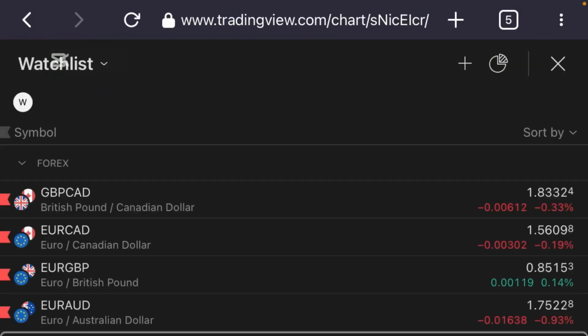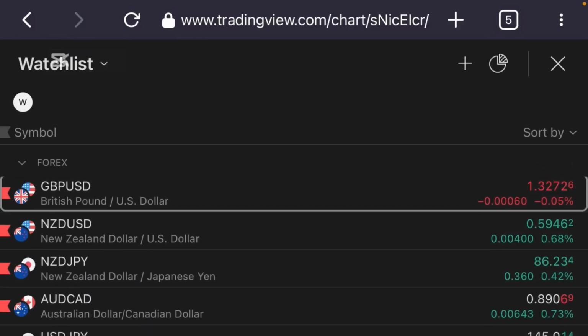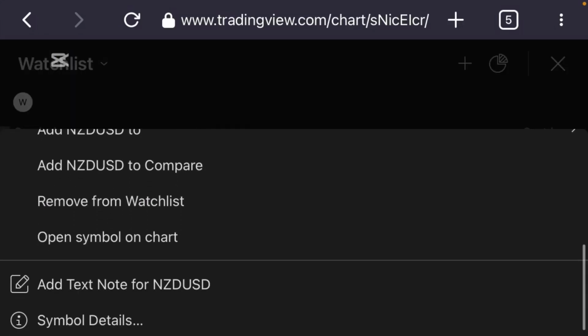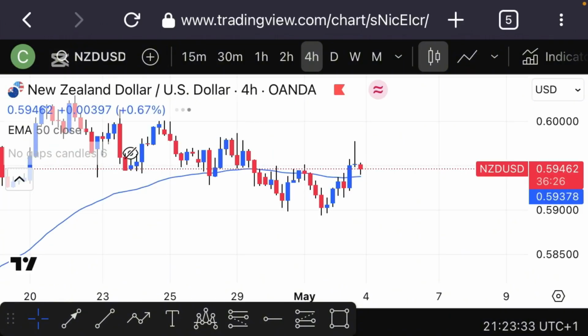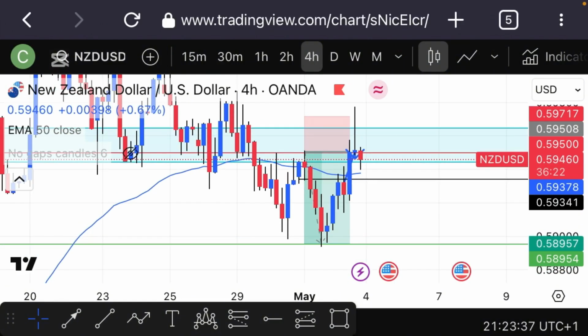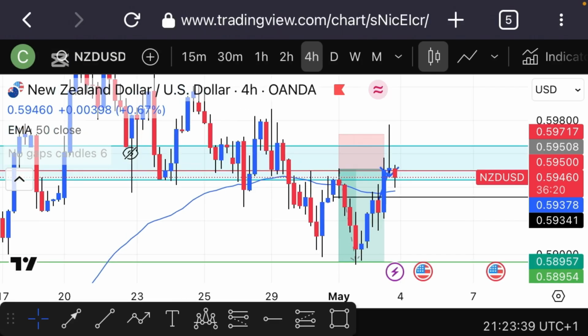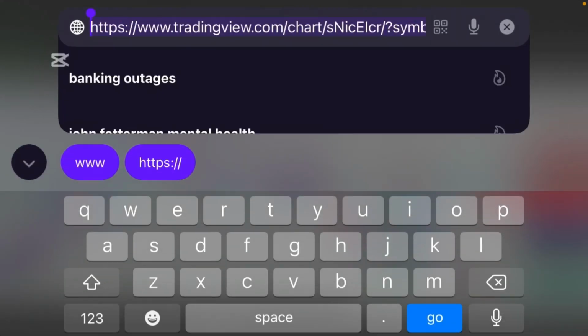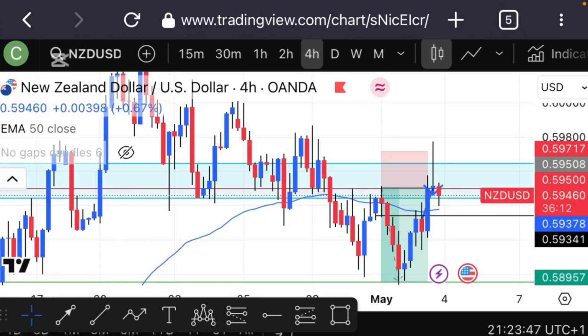which is NZD USD. These are trades that I looked for as last options to enter. NZD on a Thursday. I checked on our daily time frame. Oh, give me a second, bro. On our daily time frame,